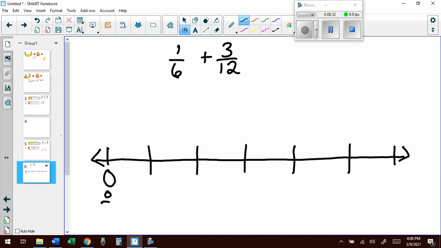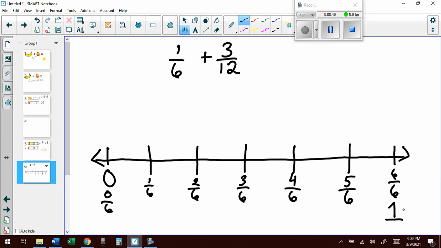Here I have 0/6, 1/6, 2/6, 3/6, 4/6, 5/6, and 6/6, or 1 whole. I want to place 1/6, and now I need to add 3/12. Well, that's a problem, because 6 and 12, although they will have something in common,